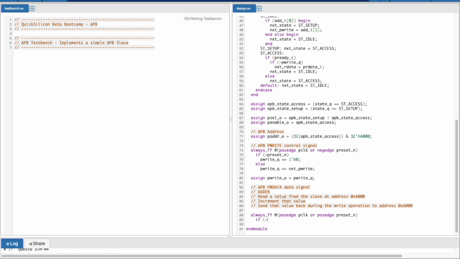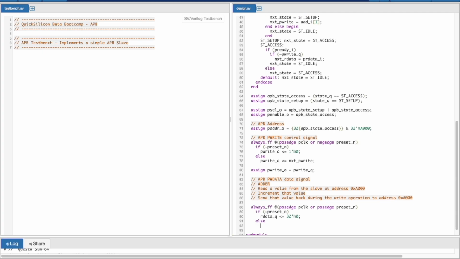If we are in reset, then this value, that is your read data underscore q, should be driven to 32'h0. Otherwise, this should be equal to whatever your next read data was.